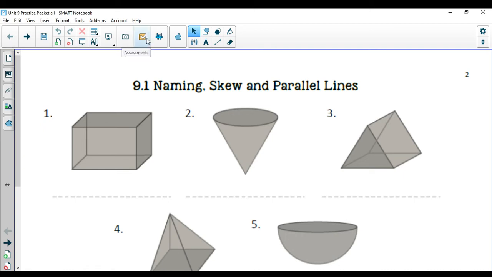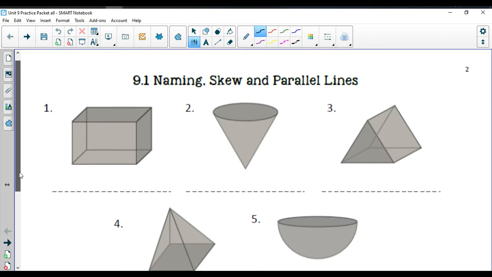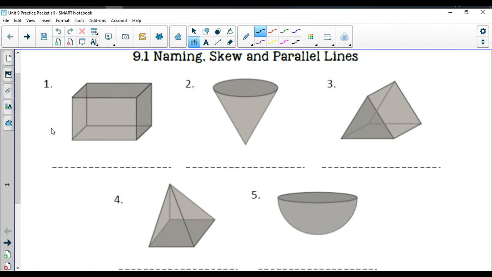Lesson 9.1, we are working on the practice packet here, starting on page number 2. So this is naming skew and parallel lines. We're going to go through, name all these different prisms and pyramids and other items that we have here. So for number 1, your correct answer would be a rectangular